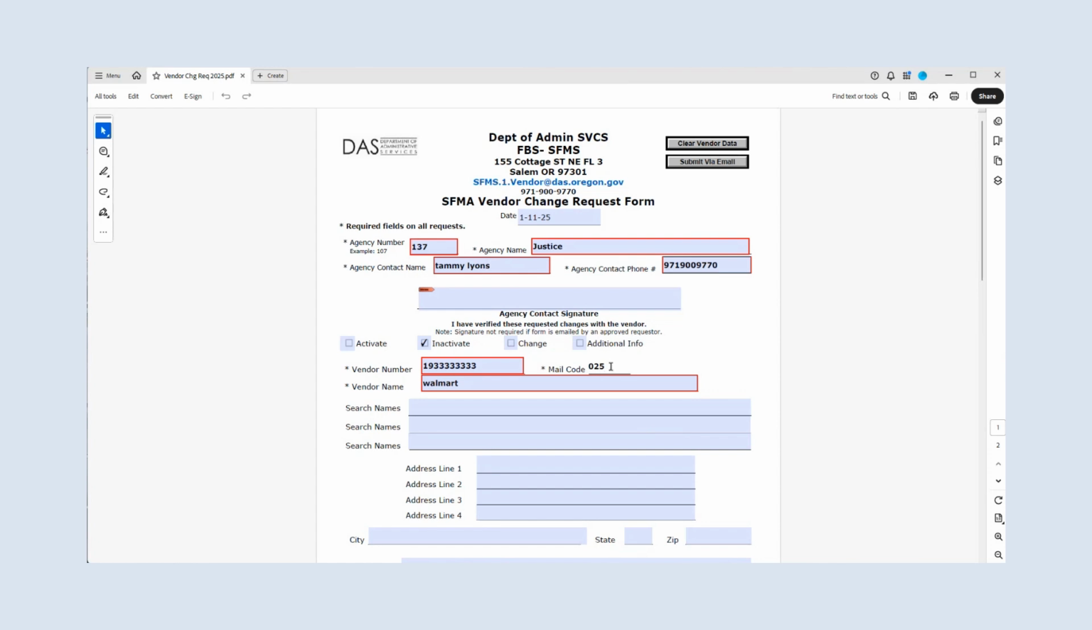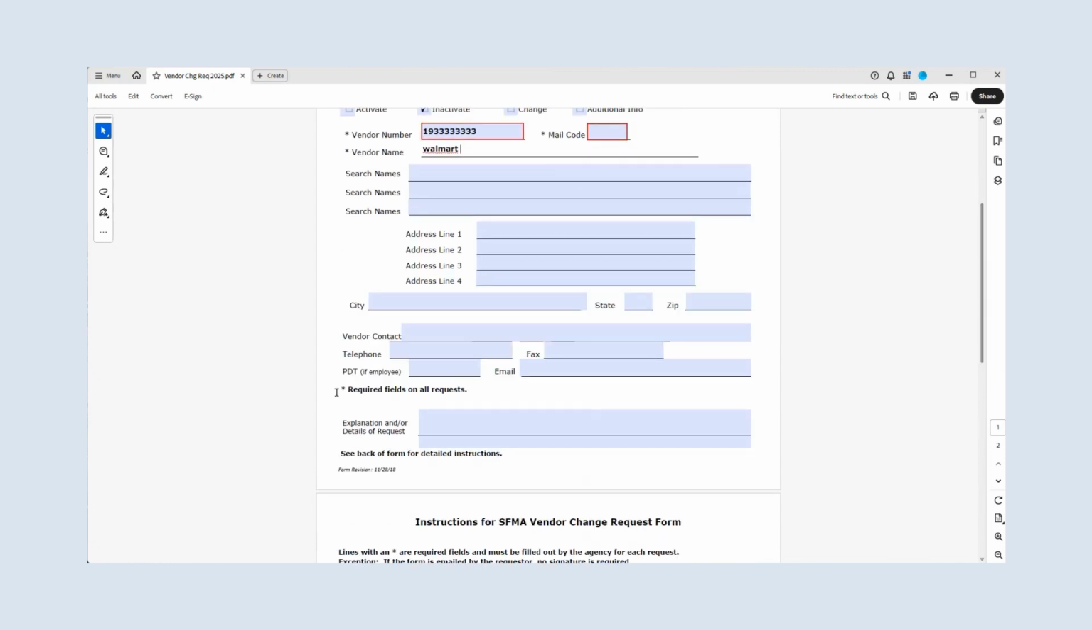Okay, so another thing as far as on this form regarding vendor number and vendor names. Say you do have a vendor who's changing their number, or a vendor who's changing their name. Where these asterisks are, I still want the name and number that's on the existing profile. Down here, where it says explanation and/or details, is where you're going to put